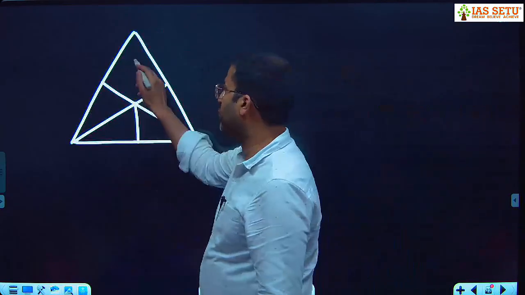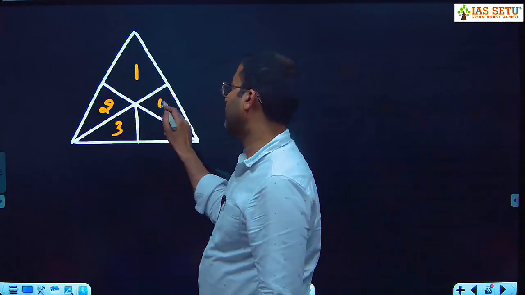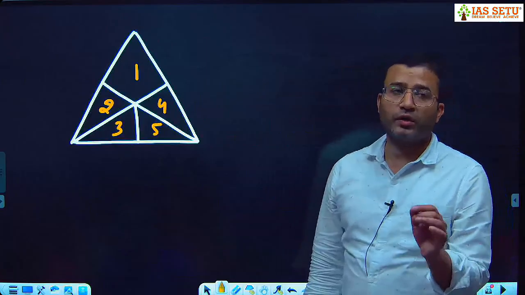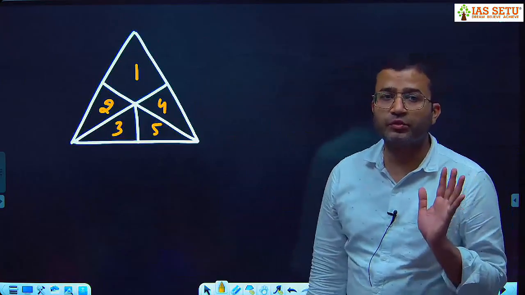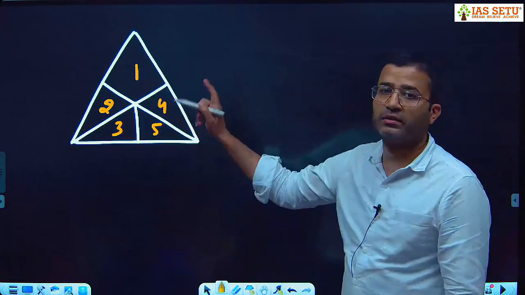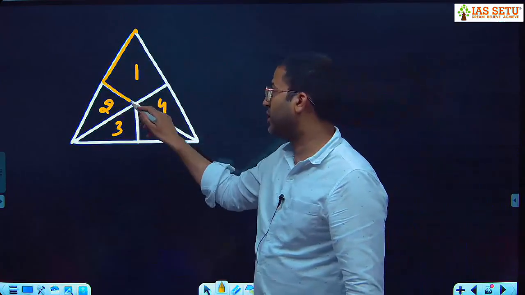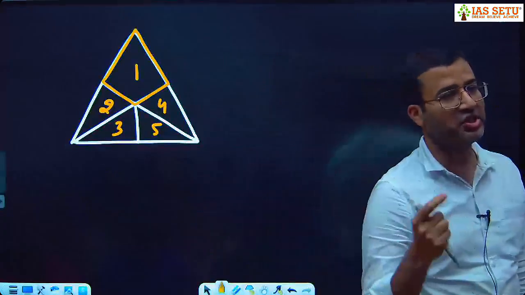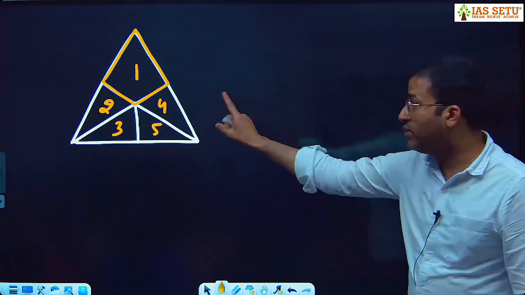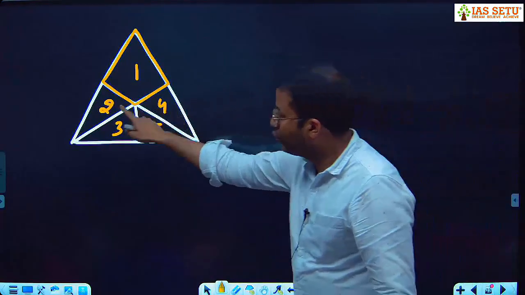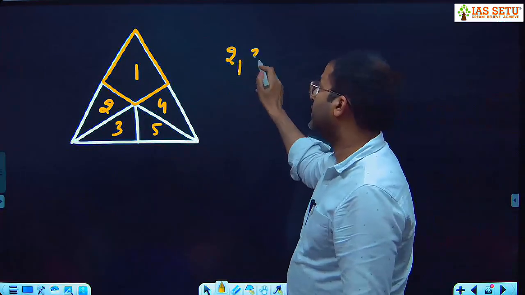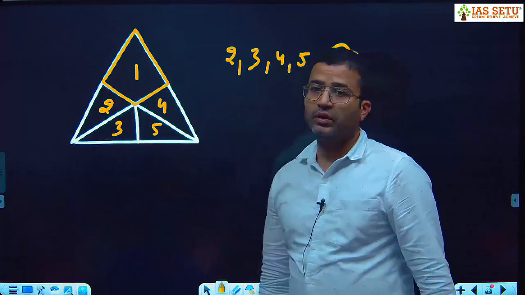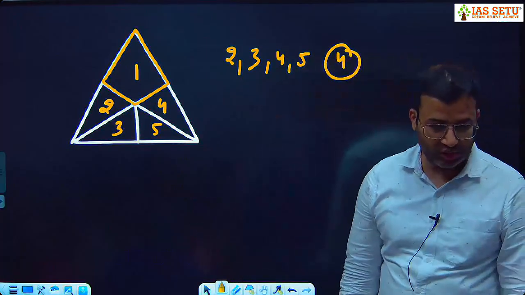I put numbering 1, 2, 3, 4, 5. One common mistake 80% students make is they take 1 as a triangle. ये कौन सी ट्रायंगल है? जिसका 11 आंसर आया चेक कर लो। Here 1 is not a triangle, 2 is a triangle, 3 is a triangle, 4 triangle, 5 triangle. ठीक है, सेम क्वेश्चन है।